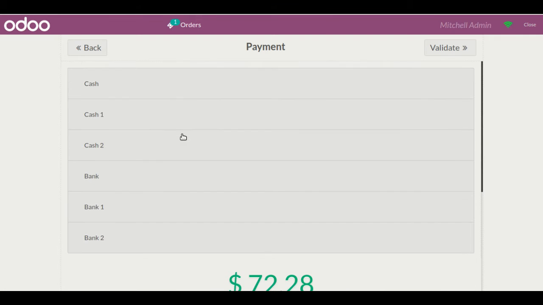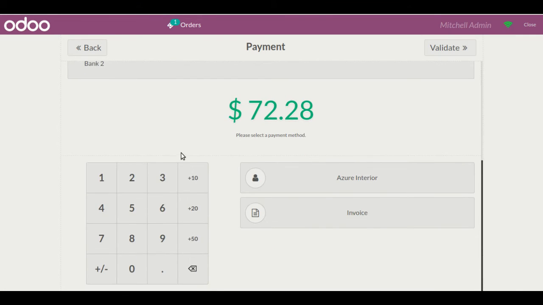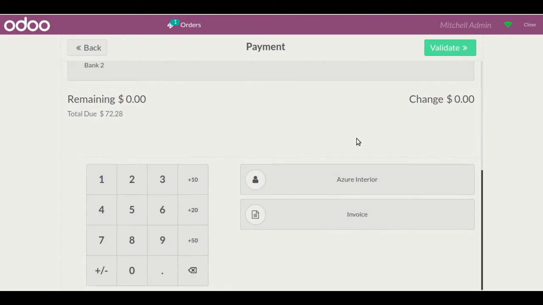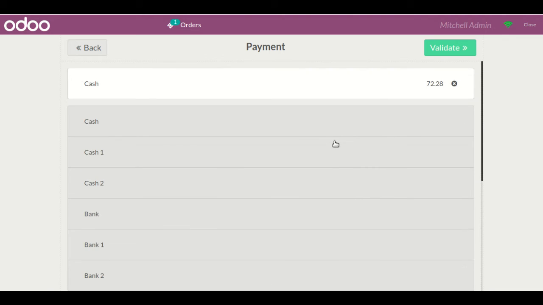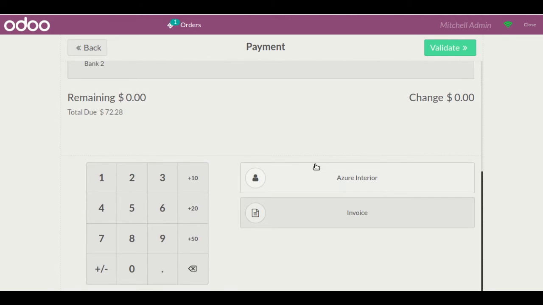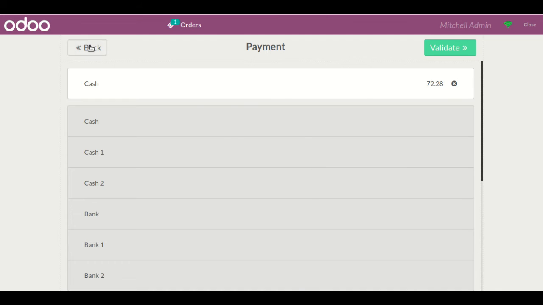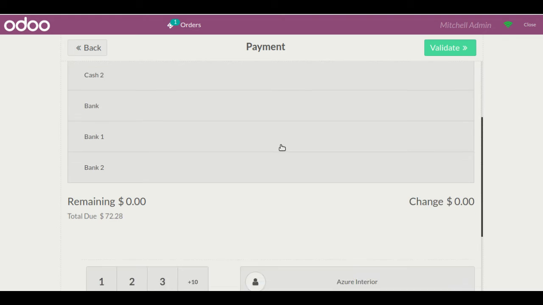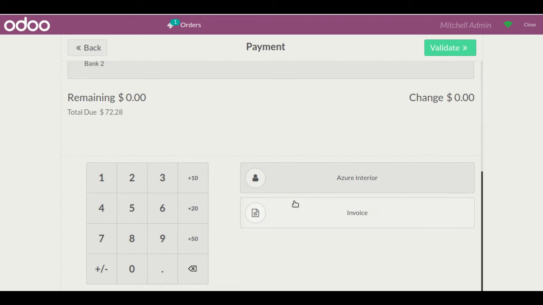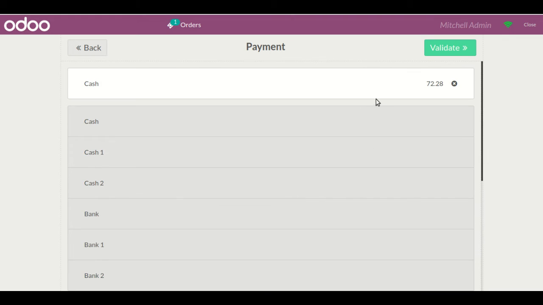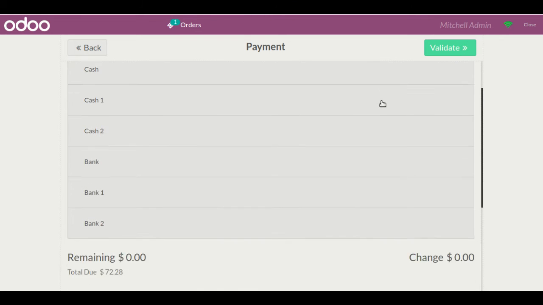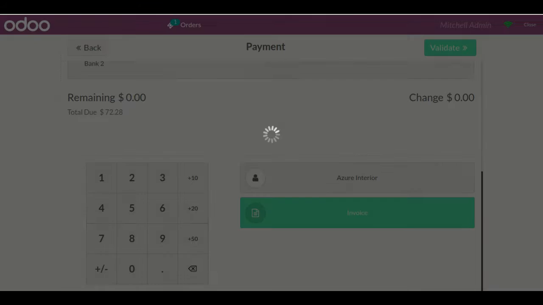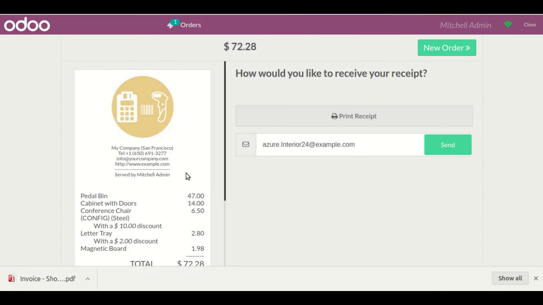And just like this, if I want to use these payment methods, selecting these methods, and validate this, also generate an invoice for it.